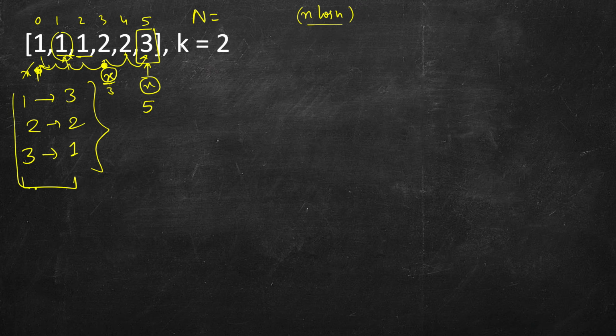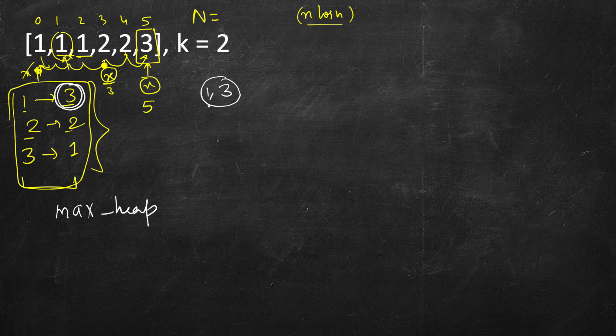And here if we sort it, then we can save some space, and we will see how. So the idea here is that you keep elements and their counts, and you make a priority queue out of that, where this count will be used as the priority. So whichever element's count is more, that will be of top priority, so that will be at the top of the heap. So if you make a heap like that, it will be 1, 3 at the top if it's a max heap. And then 2, 2 will be here and 3, 1 will be here. So this second element, the count, is the priority.